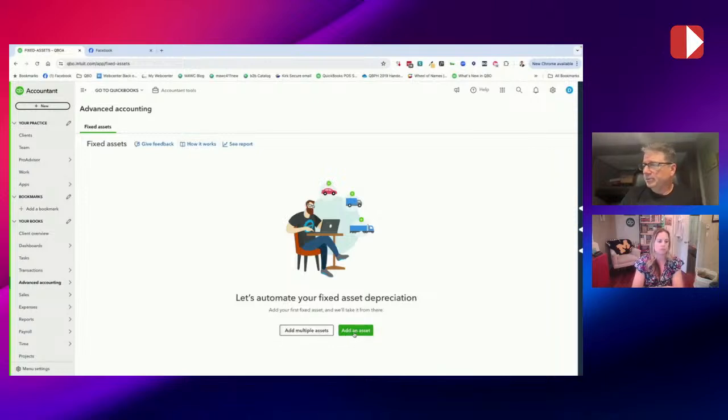You can set up individual assets, or you can add multiple assets, a la a spreadsheet kind of format, if you wanted to. One thing I'm thinking of is, let's say you're a bookkeeper or accountant and you're taking on a new client, and they send you a list of